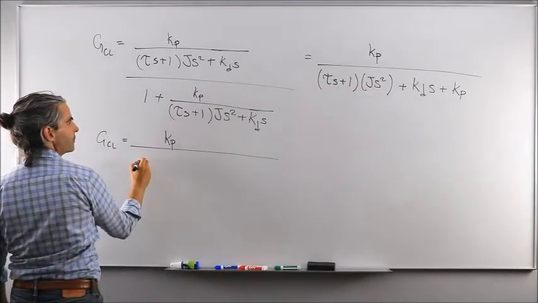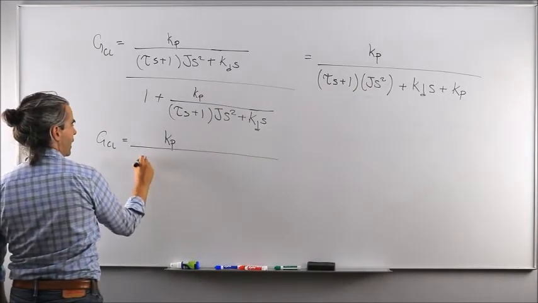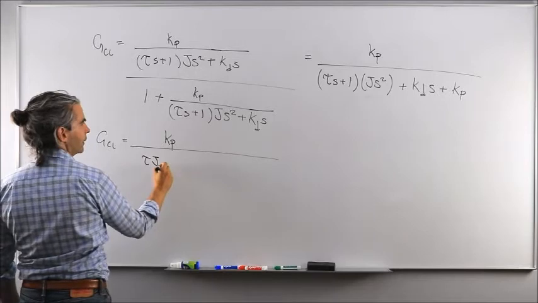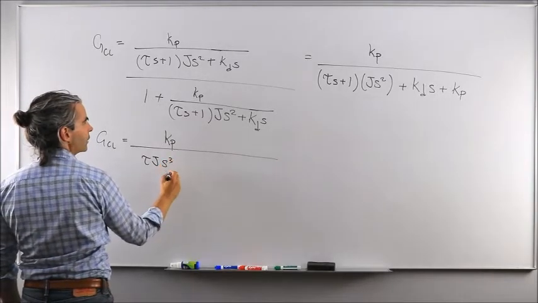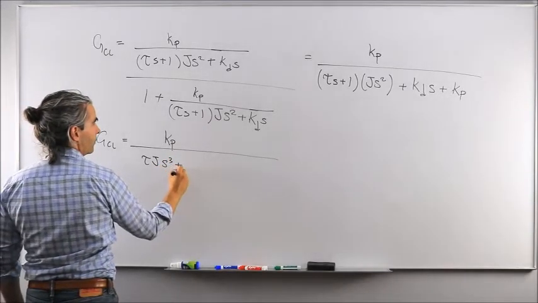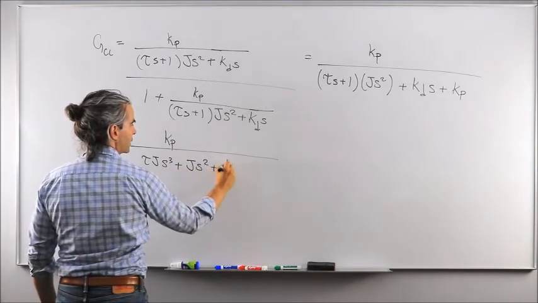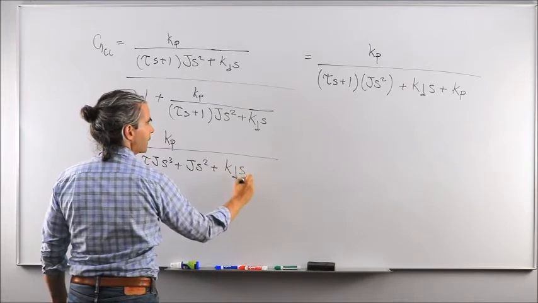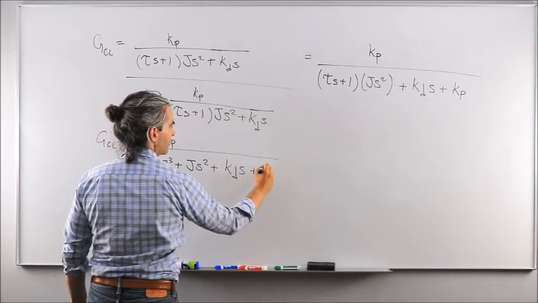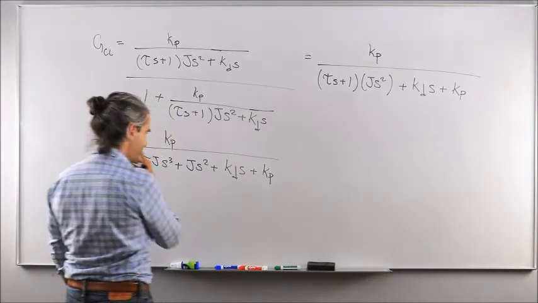So that would be tau J s cubed plus J s squared plus Kd s plus Kp,